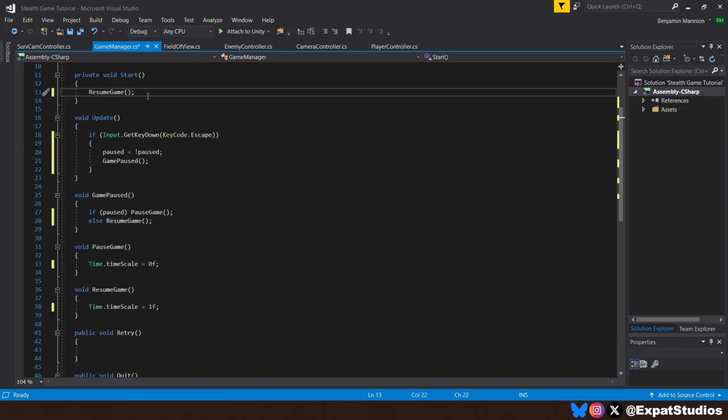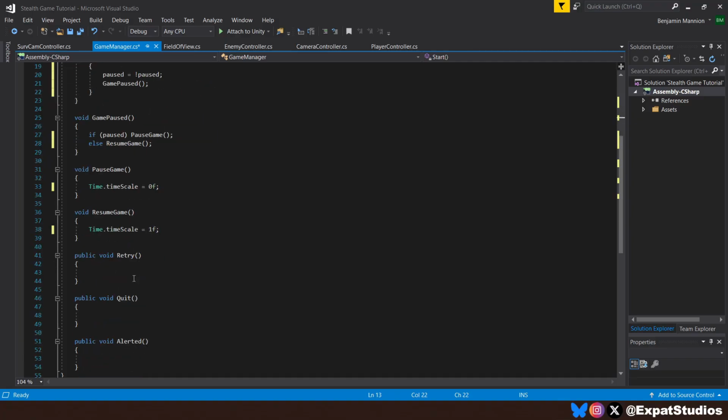like so. Next, I mentioned we're using scene management to reload the scene. So let's create a public void called Retry and let's punch in SceneManager.LoadScene, then inside the brackets SceneManager.GetActiveScene().name, meaning this very scene. It's also nice to have the option to quit the game as well. So we'll create a void Quit and we'll simply put in the inbuilt function there,